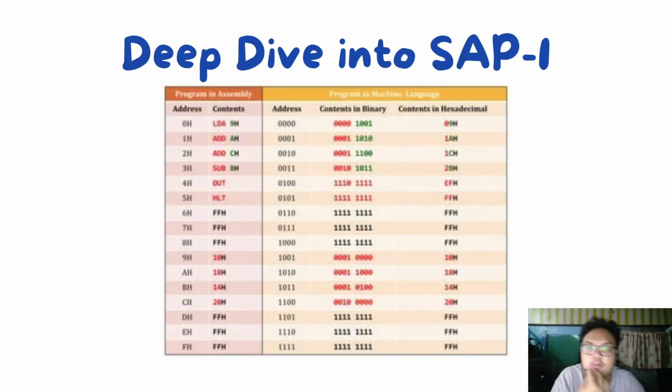Memory addressing is equally fascinating. SAP 1 uses a simple RAM module to store both data and instructions. Each memory location has a unique address, allowing the program counter to fetch the correct instruction sequentially. The beauty of SAP 1 lies in its simplicity. Even though it's a basic model, it demonstrates key principles like opcode, decoding, and memory management that are used in